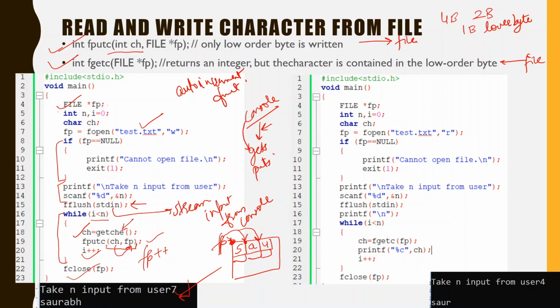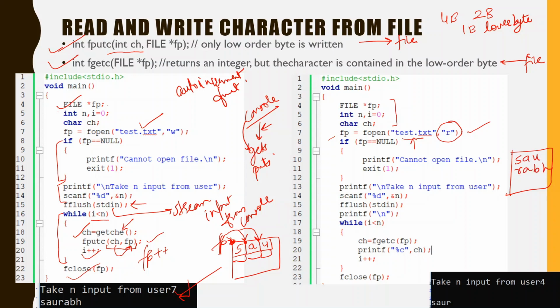Now on the right side of the slide, you can see a program where we have used the file in read mode. The same notations are there to define a file, and we open that file, and this file is associated with this file pointer. The file that was earlier created has the same name, so if both programs are in the same directory, the same file would be accessed by both programs. So this is the content written in the file, suppose.